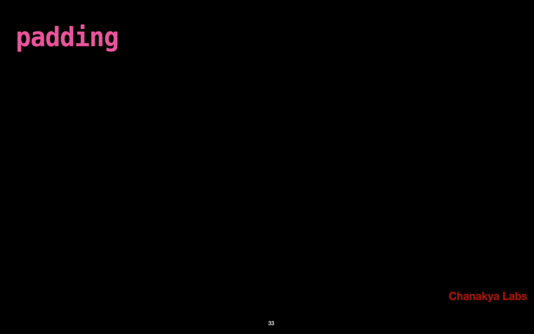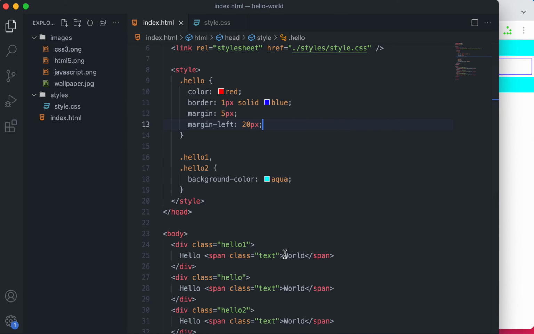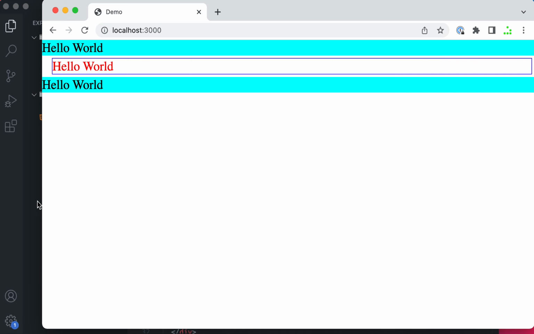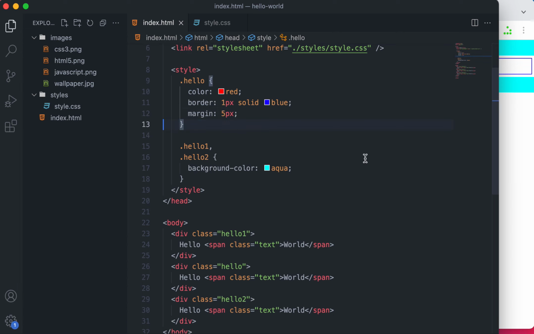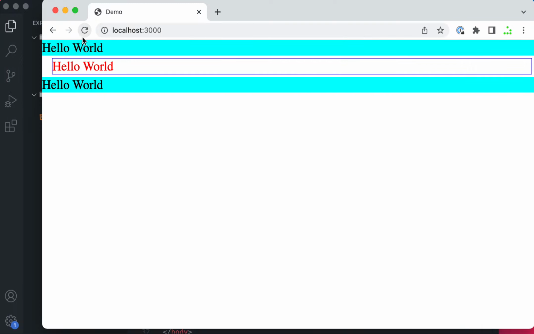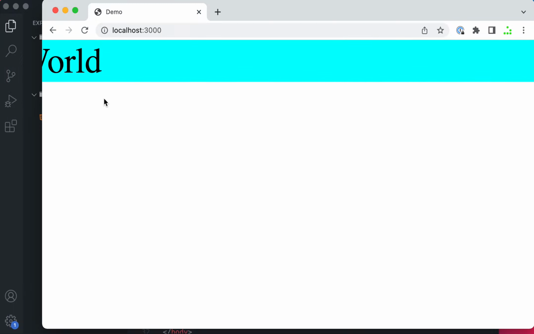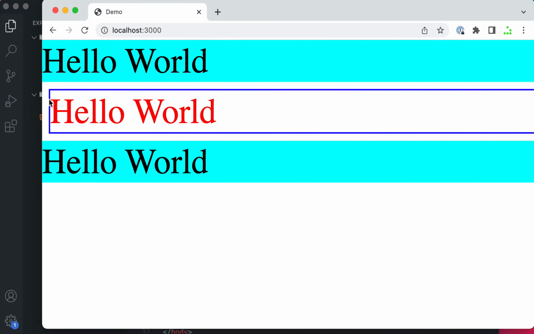Okay, let's come back to padding. So for simplicity let's remove this, keep the simple margin of 5 pixel. Okay, now we see that yeah, there is a gap between this and outside, this 5 pixel we set, right? However, there is no gap between the text and the border. So this gap you are seeing now, that is not a gap, that is actually part of the font only,